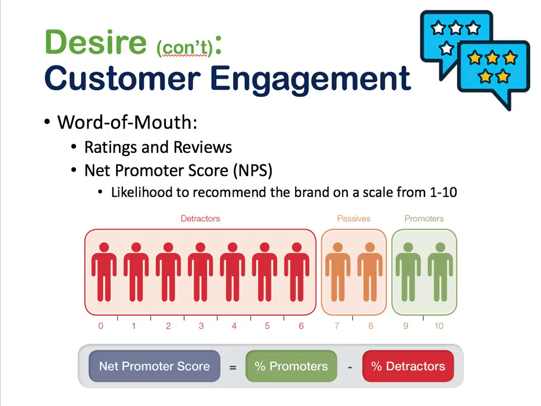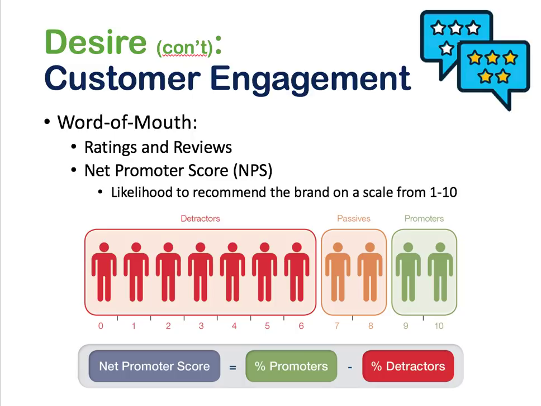So what we would do to calculate our Net Promoter Score is, out of the total number of people who took the survey, count up the number of promoters, the people who rated a 9 or 10, and get the percentage of the total. So everyone who rated a 9 or 10 divided by the number of people that answered the question. And we're going to subtract that from the percentage of detractors. So the total number of people who rated a 0 through 6 divided by the total number of people in the survey. Notice we don't do anything with the passives, and that's really because they don't do anything for us.